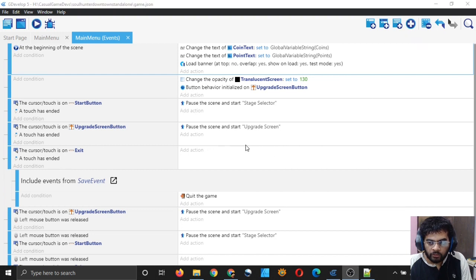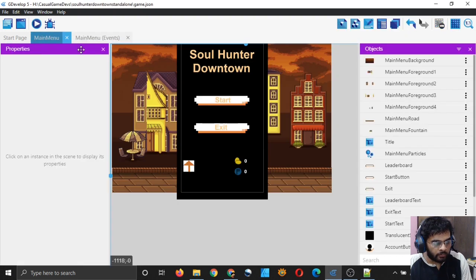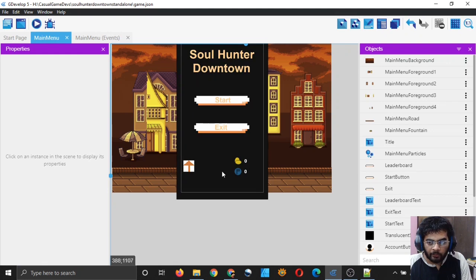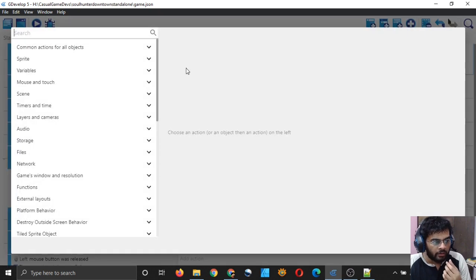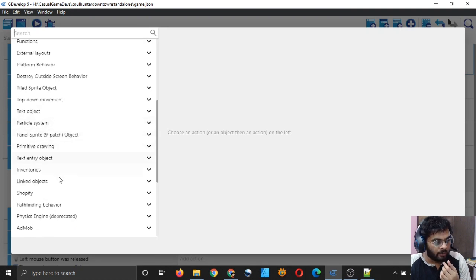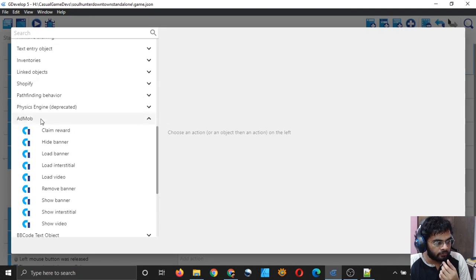So the ad will not show in the game when I run it. I will have to export the game to Android to see the ad. So I think it should display at the bottom by only this command. Let me see what other types of commands are available. Hide banner, we don't want to hide it. Remove banner, we don't want to remove it.